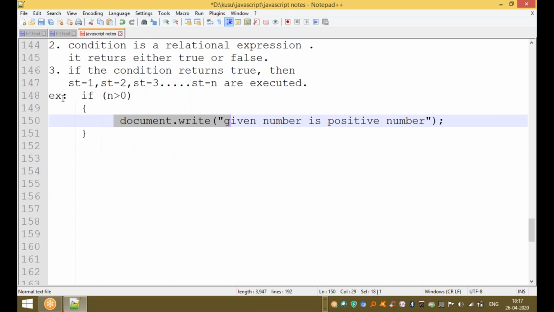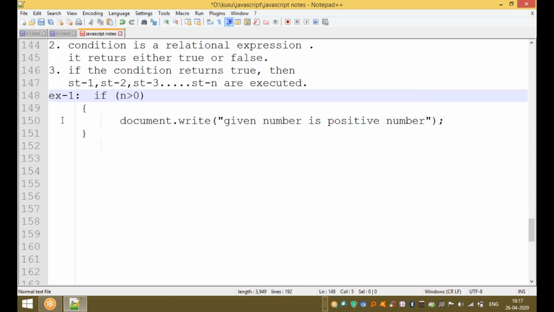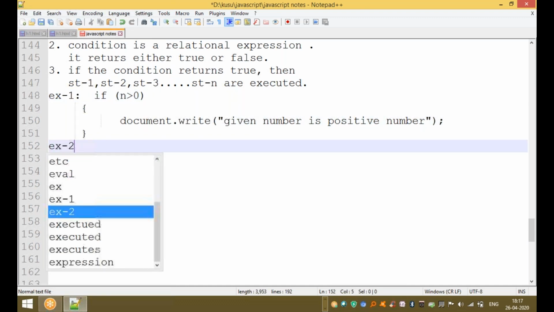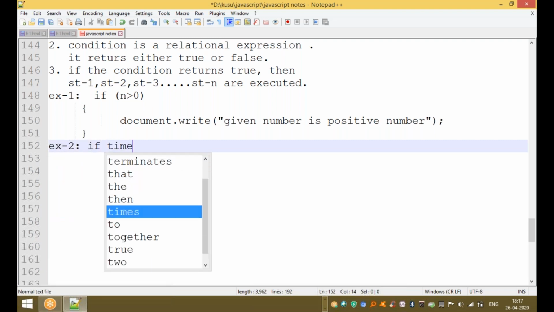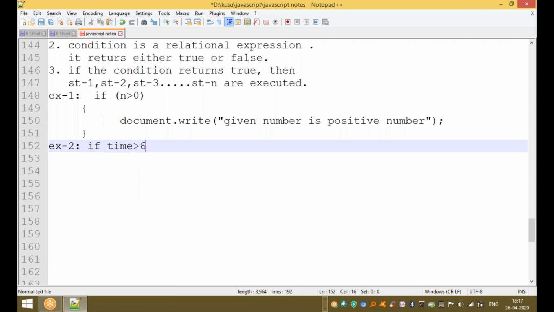One more example. This was the first example. Another example: if, for example, time is greater than 6 and time is less than 11, using the and operator, greater than 6 and less than 11.